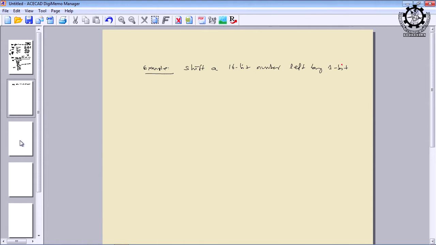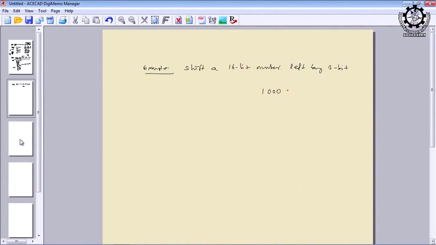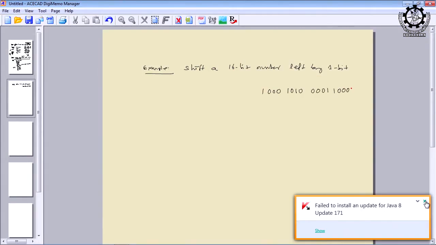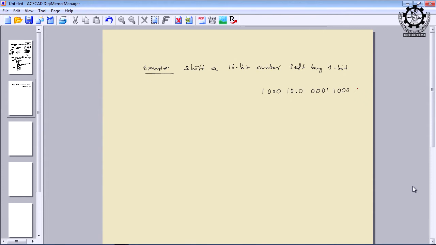Is the problem clear? Shift a 16-bit number left by 1 bit. A 16-bit number is given and you have to shift 1 bit position left. So, the 16-bit number is given and you shift it left once. So, this 0 will go to this place like this.